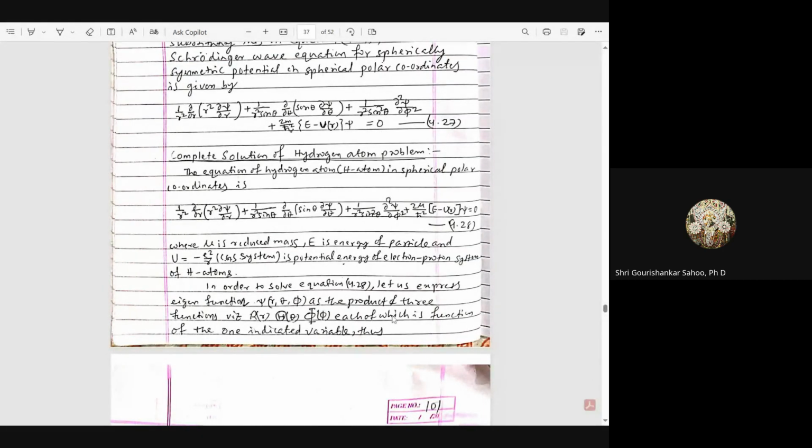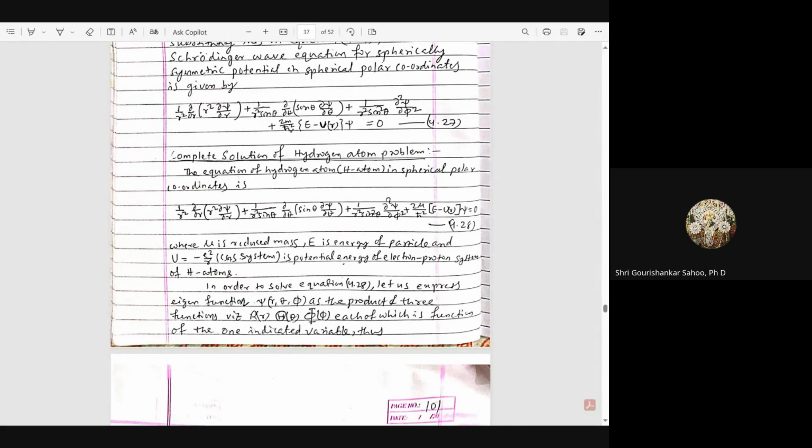And the complete solution of the hydrogen atom, the hydrogen-like atom problem, can be derived from the Schrodinger wave equation for spherically symmetric potential in spherical polar coordinate systems, which is given by 1/r² ∂/∂r (r² ∂ψ/∂r) + 1/(r² sinθ) ∂/∂θ (sinθ ∂ψ/∂θ) + 1/(r² sin²θ) ∂²ψ/∂φ² + (2μ/ħ²)(E − U)ψ = 0, where μ is the